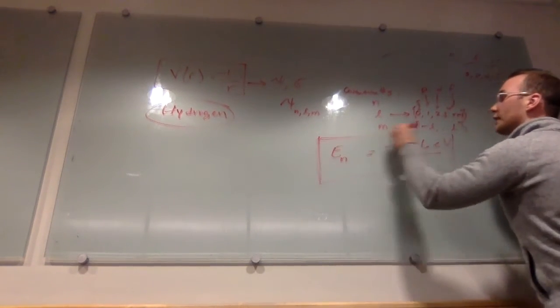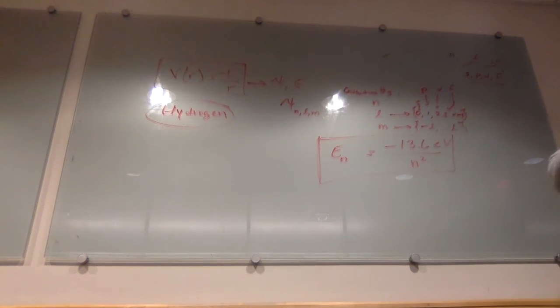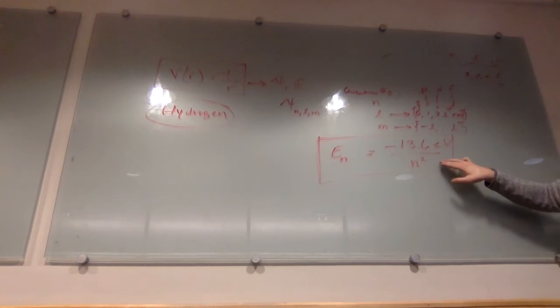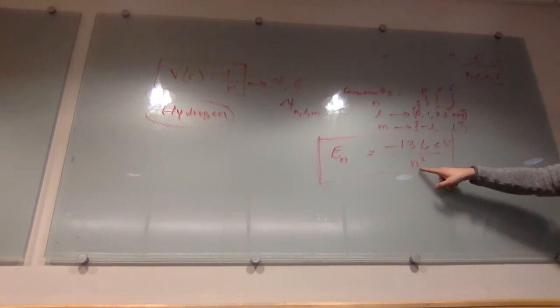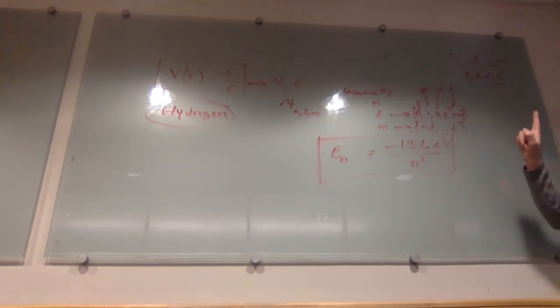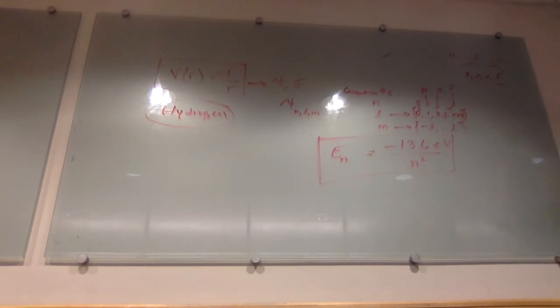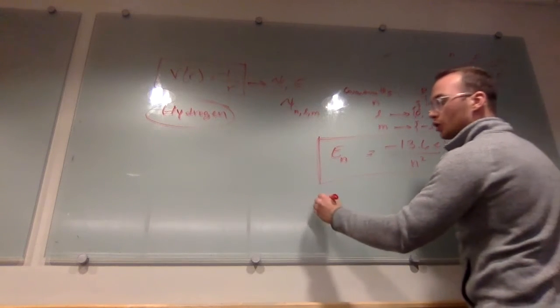If you plug in all those numbers, you get a very complicated formula with q's to the 4th and all these crazy things. So you get this. This is the energy for a particle, an electron, in the nth energy level with any L and M of a hydrogen atom. Now, we're done, except they're asking you about transitions, because that's very common. Transitions are just